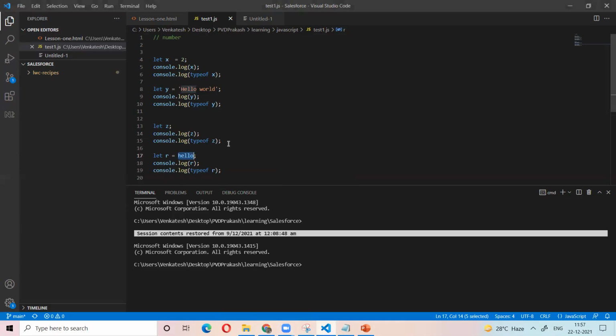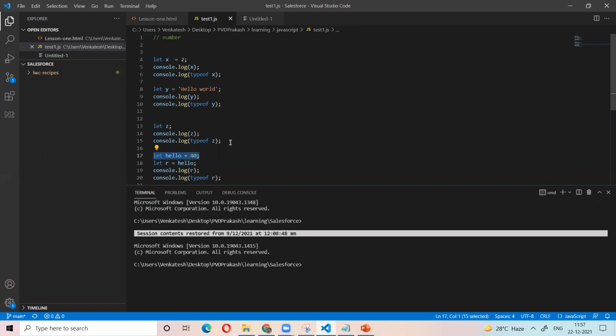Otherwise, for example, if hello is a variable with a data type of number, it works.